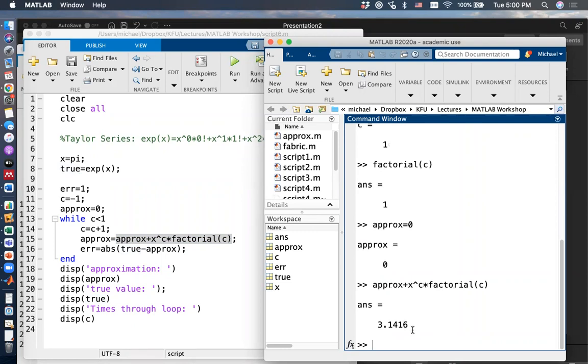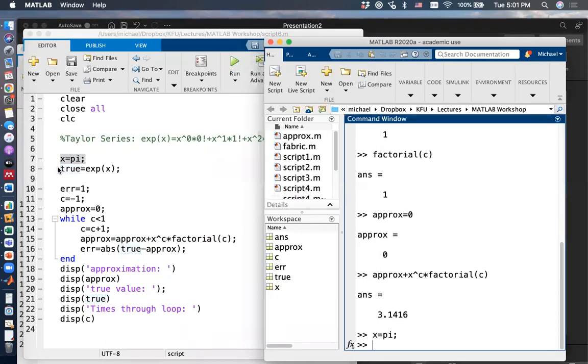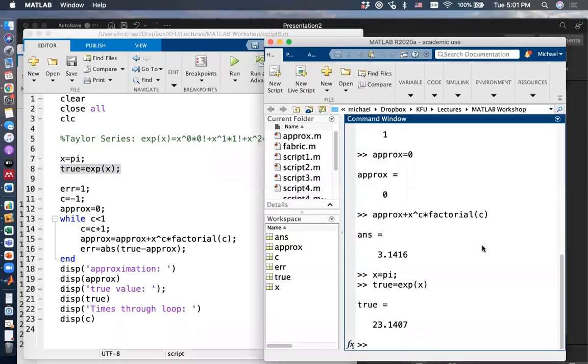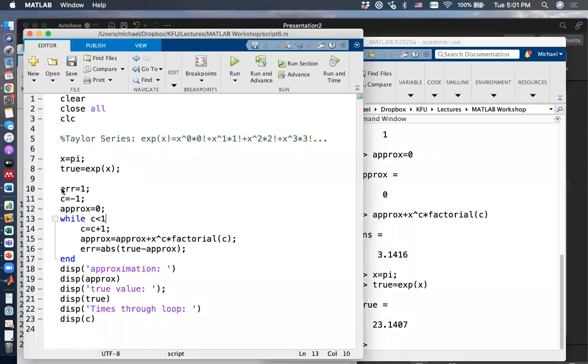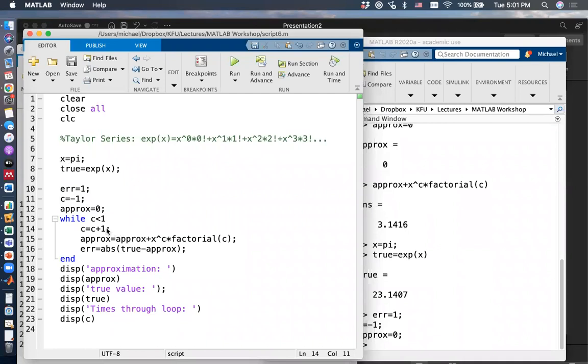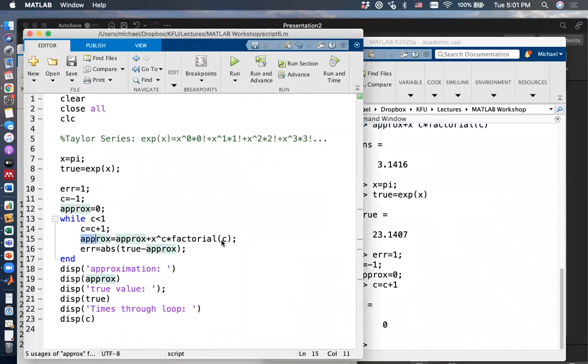Okay, so it did it right this time. Let's go through line by line. X equals pi. Okay, the true value here. And then we'll input these initializations. Okay, C equals C plus 1. So C is 0. Our approximation